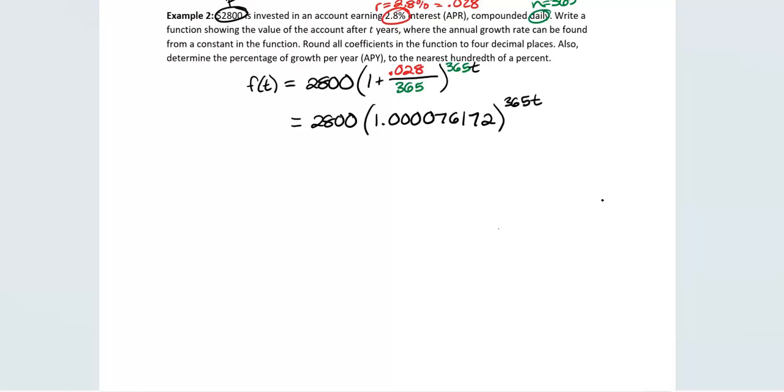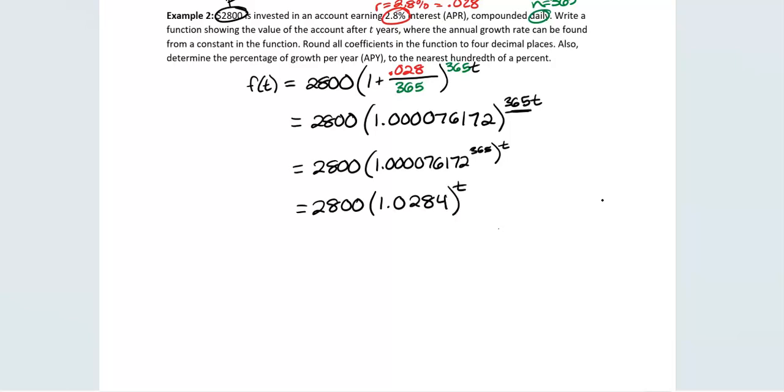Now, in order to simplify this accurately to give me the number that I need, this 365 can't be there. So I'm going to take that 365 and put it inside the parentheses. So this is still true: 2,800 times 1.000076172 to the 365t, because when you raise a power to a power, you multiply them. It doesn't actually change anything, it just changes where it is, so that now I can simplify the inside of the parentheses again. And when I do, I get 2,800 times